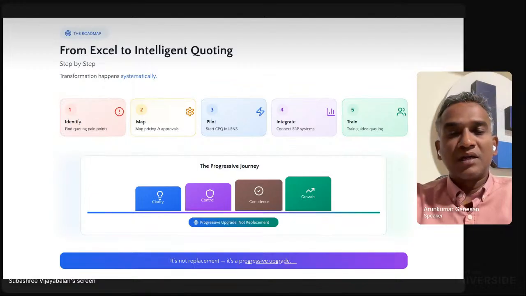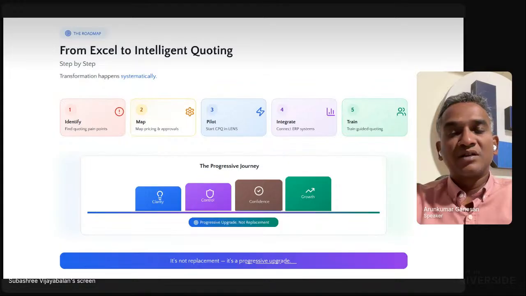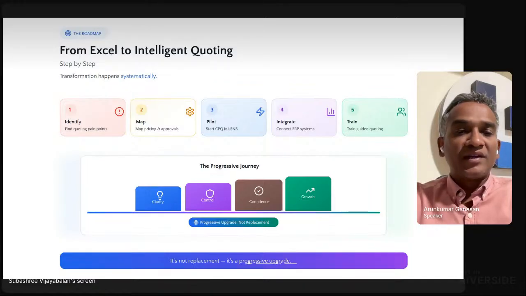So what we as Lens Lemonade do for customers who are having problems like this: we convert them from an Excel way of working to an intelligent quoting system like Lens CPQ. We identify their current pain areas, map them into rules and approvals, and then make a small pilot taking one product line, for example one particular rating range.